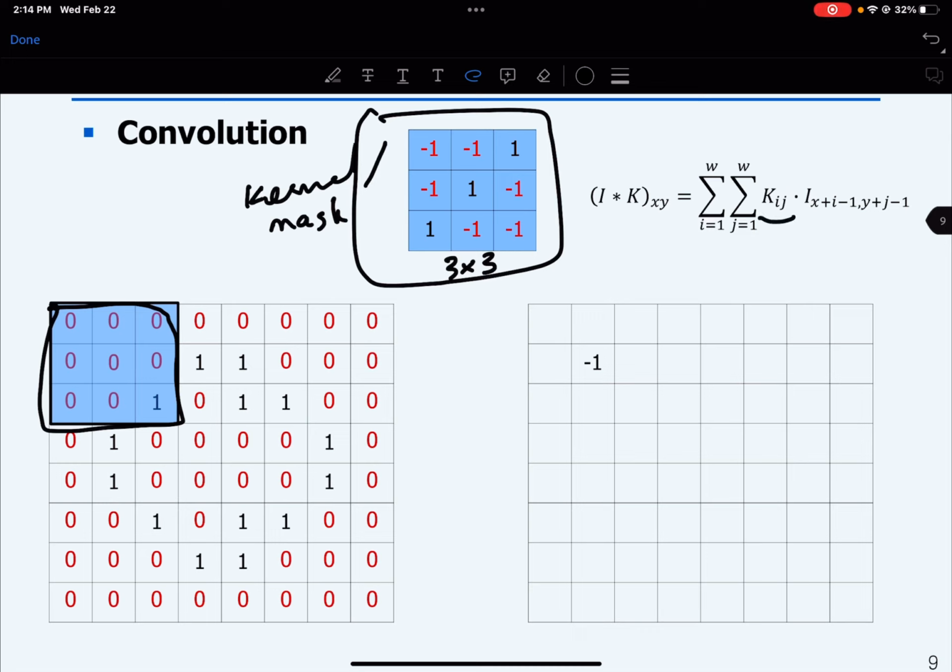Kij will be applied to these values x and y. We can take i and j. Okay, so we apply the kernel over here. So multiply -1 by 0. Okay,